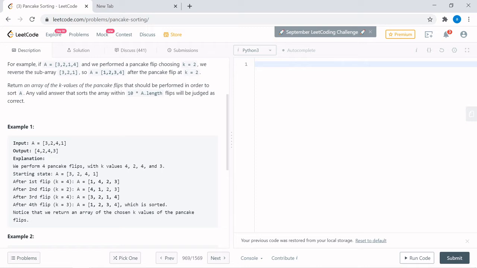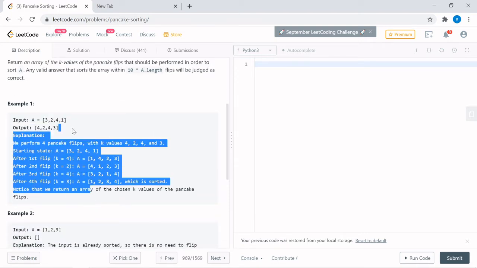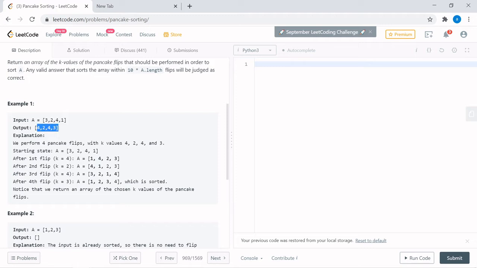Now k is equal to 2. Again, they have only considered the first two elements. So they have only flipped these two. So 1 4 has been flipped to 4 1 and the rest is just appended without doing anything. Again they have flipped with k equal to 4. Again they have included the entire array. So now the entire answer is 3 2 1 4. And similarly for k equal to 3 they have only flipped this part of the array. For me this is very ambiguous. I don't know on what basis they have chosen this. So it gets difficult to implement the solution.